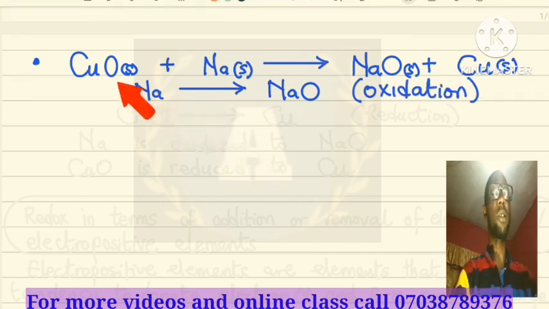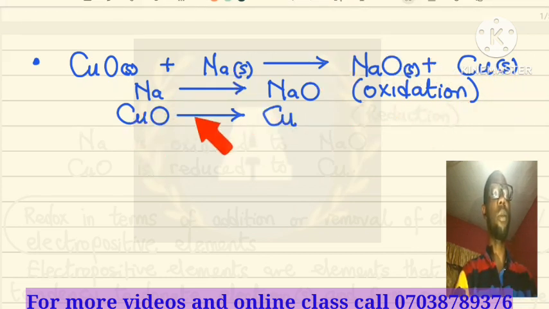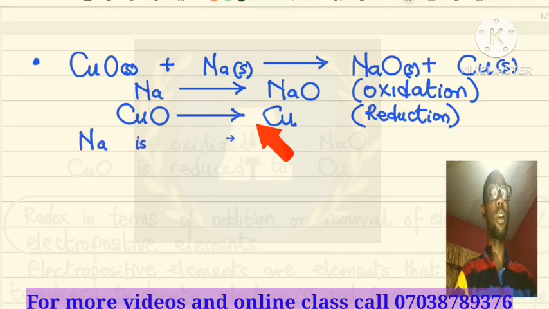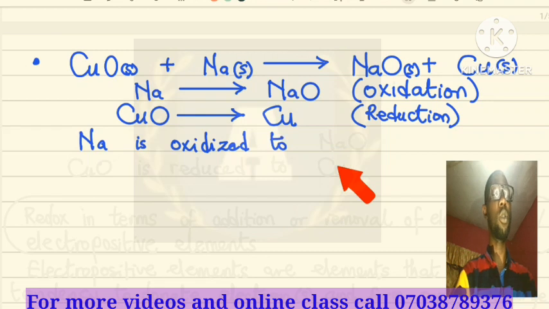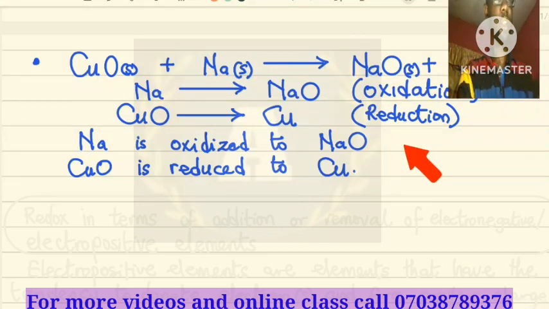Now this is sodium, and this is copper(II) oxide. It has oxygen in it. Now, at the product side, there is no more oxygen there. Which means oxygen has been removed from copper oxide. So now this is reduction. So we can simply say that sodium is oxidized to sodium oxide and copper(II) oxide is reduced to copper. So now that is the definition of oxidation and reduction in terms of addition and removal